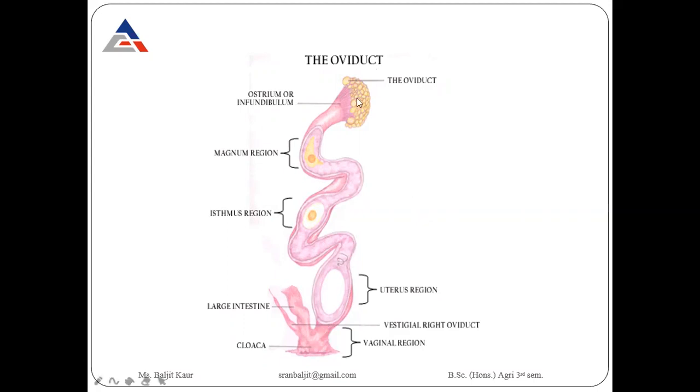So this is the figure of the oviduct, and all the five parts are explained here. Firstly, the egg yolk comes from the ovary, then egg white is added in the magnum region, then thick layers are added in the isthmus region, then the eggshell is added in the uterus region, and finally the egg comes out of the body from the vaginal region. So this is all regarding the reproductive system of a chicken.